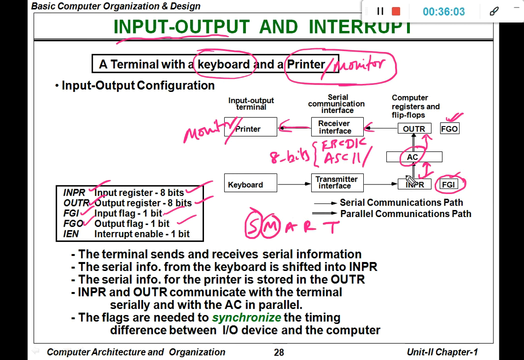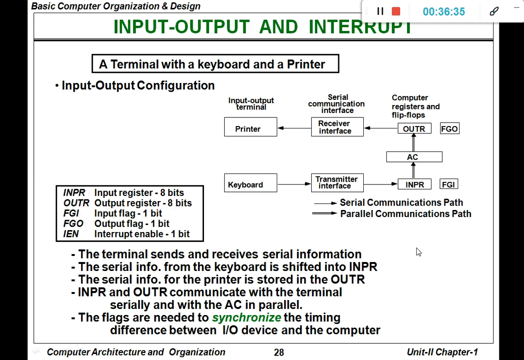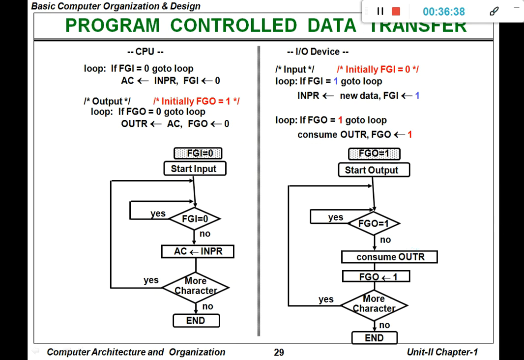So if it continuously enters the characters to the accumulator register, only T will be stored. All the remaining 4 will be vanished. Yes or no? So that is why we need to wait until the accumulator register stores the content somewhere else, either in a temporary register or in a memory location, or it directly sends it to the output device. So like that we need to wait until the operation is carried out. So that we can observe here how this operation is carried out, the input operation as well as the output operation.